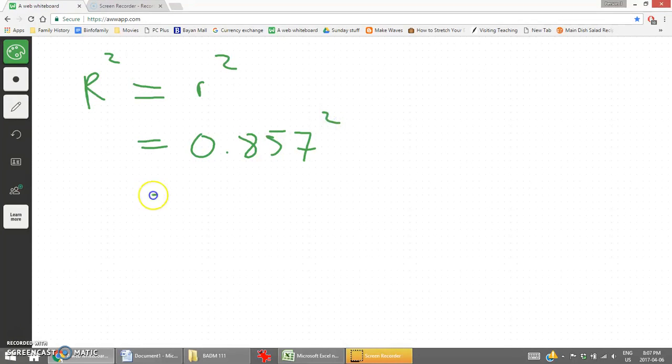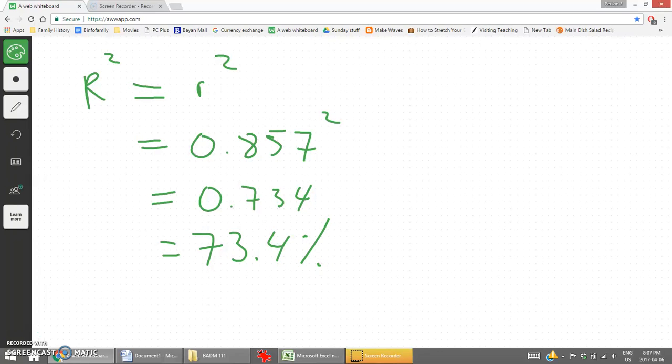If we square that, we get R-squared, which will work out to be approximately 0.734. The coefficient of determination is generally expressed as a percentage, so this would be the same as saying